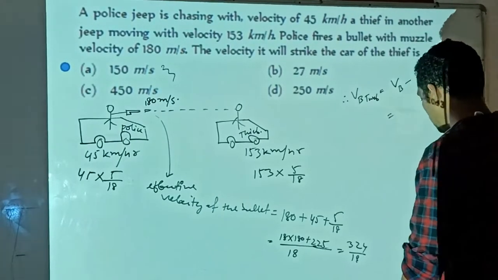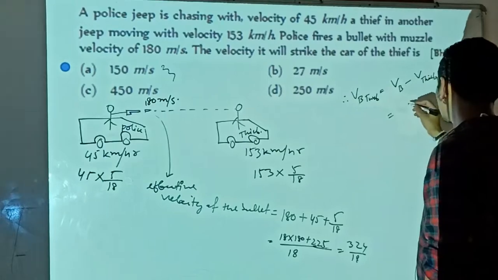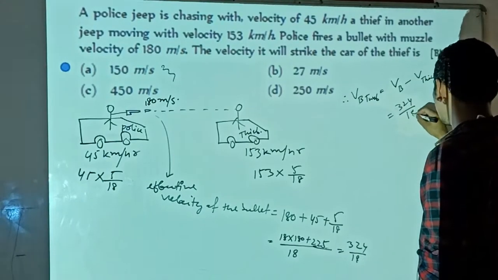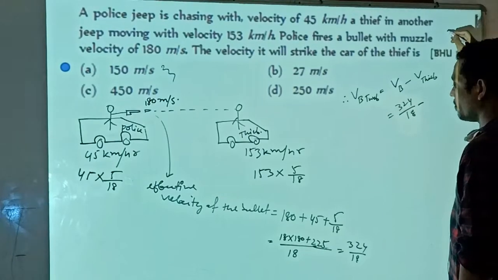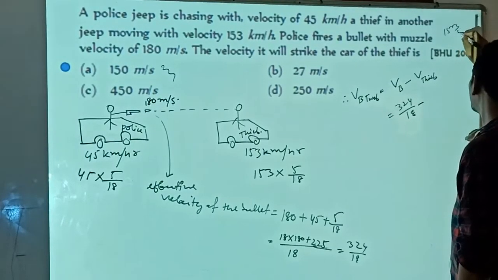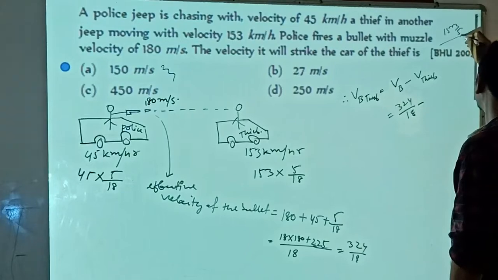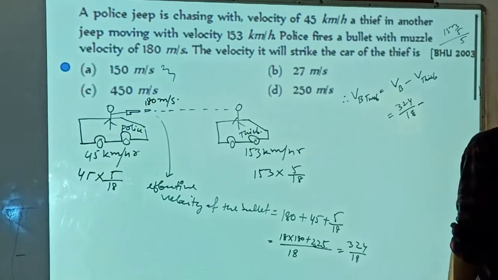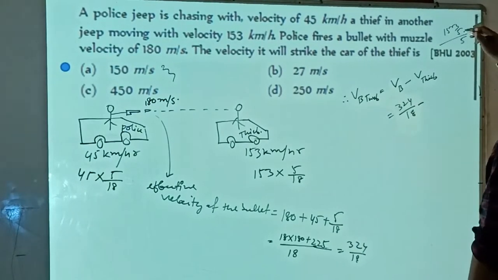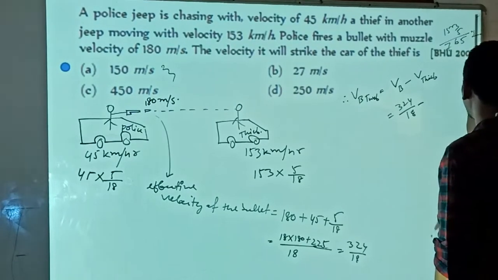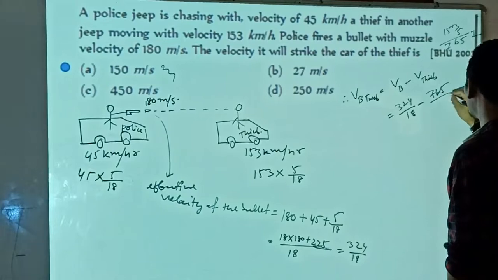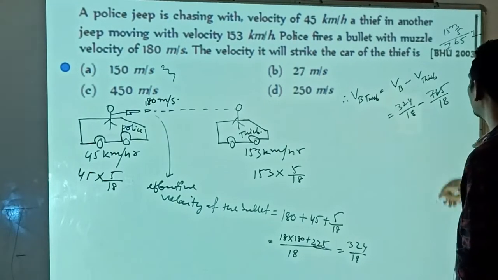That will be your relative effective velocity of bullet is 324 divided by 18 and velocity of thief is 153 into 5. How much 153 into 5? 5 3 গুণ 15, 5 5 25, 765 by 18 হ'ব না।